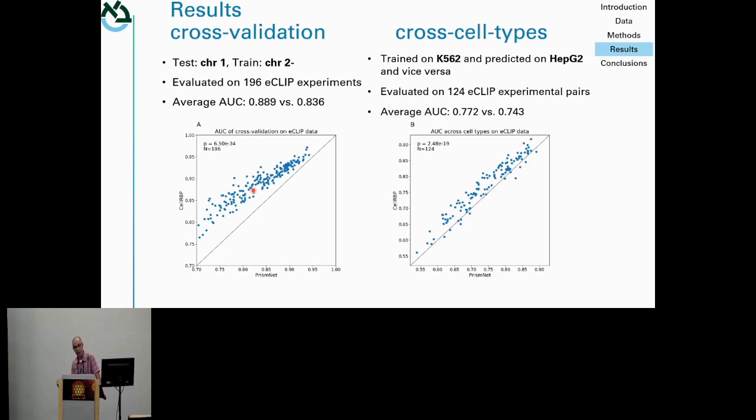But what we can now see is the gap that still remains between cross validation and cross cell type prediction. Using this cell type information, we were able to close this gap in some manner, but still there is a gap and there's a lot of missing information. This is what we are missing. Another important point: when we predict on one cell type, but instead of using the real cell type information we provide the cell type information of the other cell type, we see the performance going down to 0.74. So providing that information gave us an average of 0.03 in AUC.